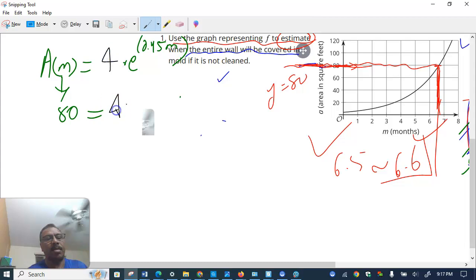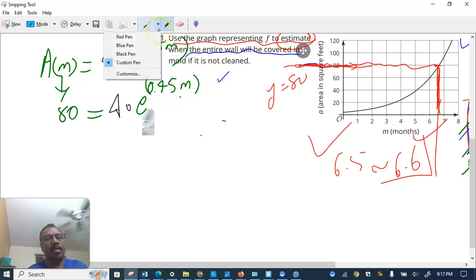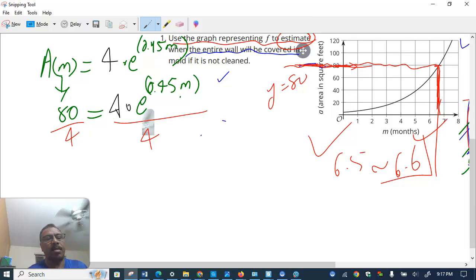So we'll write 4 times e raised to 0.45 m. Then divide by 4 the whole thing, and a quarter of 80 is 20, this will cross out and you get e raised to